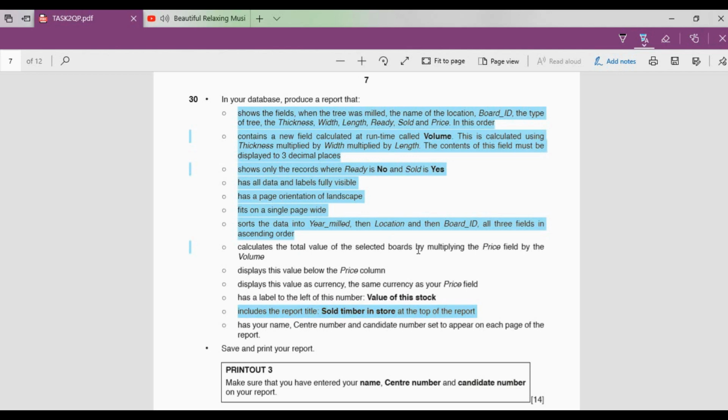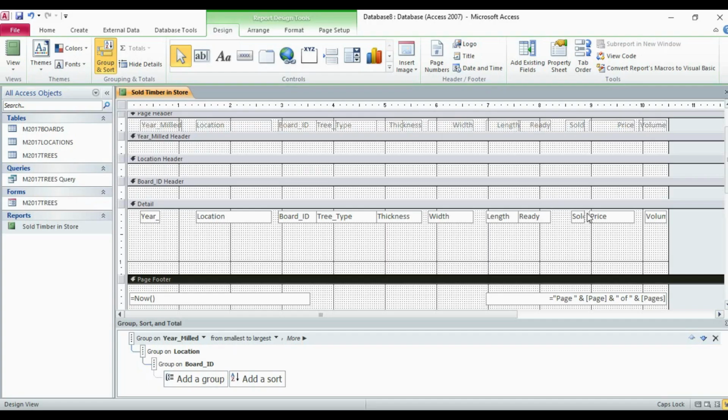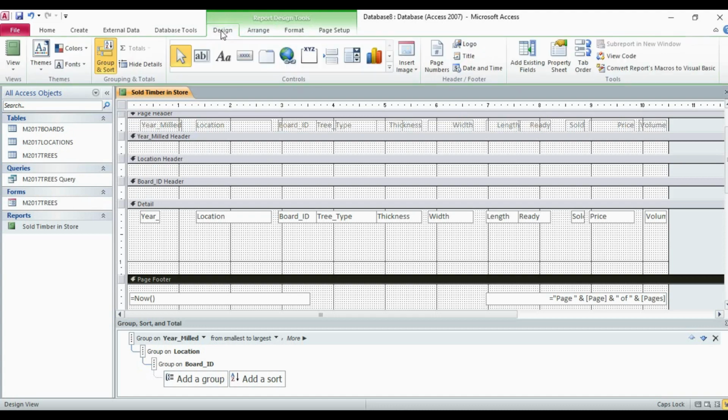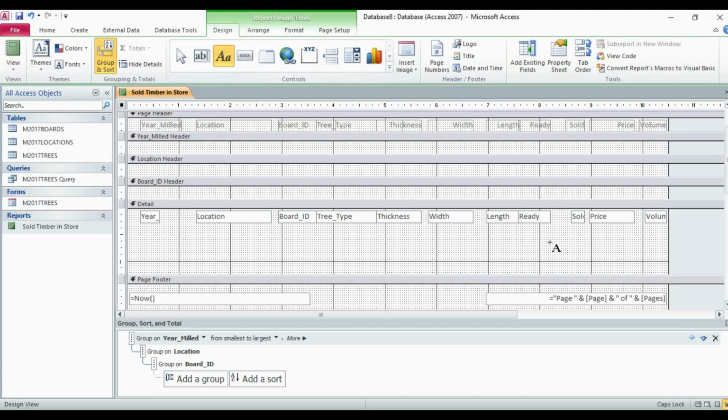Price into volume. So we just need to add, under database tools, a label we have to add. So here, price into volume.